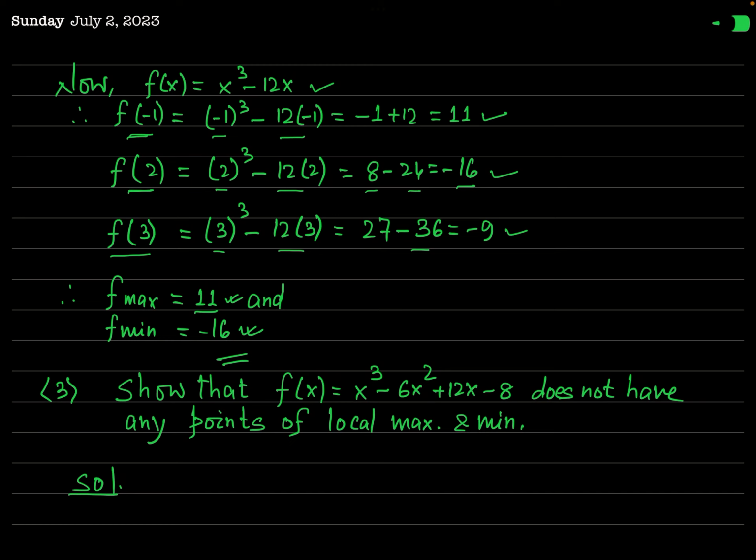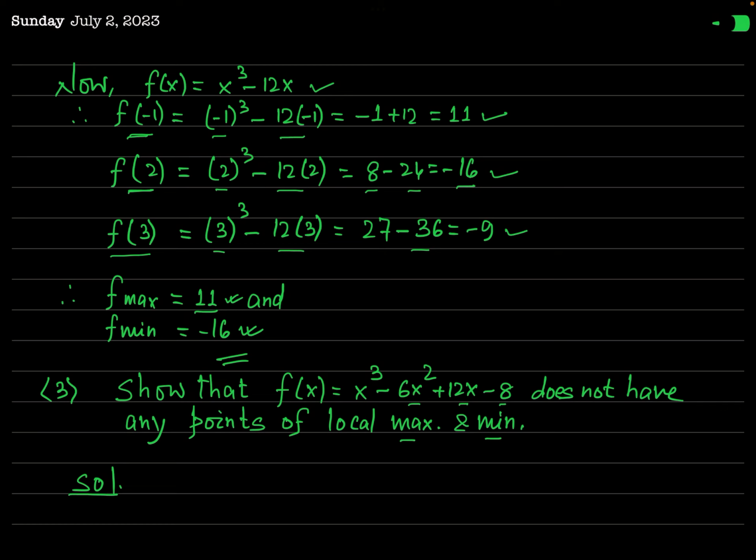Now let us see another example, which is also a very important example to clarify your concept. Actually, this example says that this function f of x, which is equal to x cube minus 6x square plus 12x minus 8, does not have any points of local maximum and minimum. We have to check it. Actually, for testing that this function will not have any local maxima or any local minimum value,